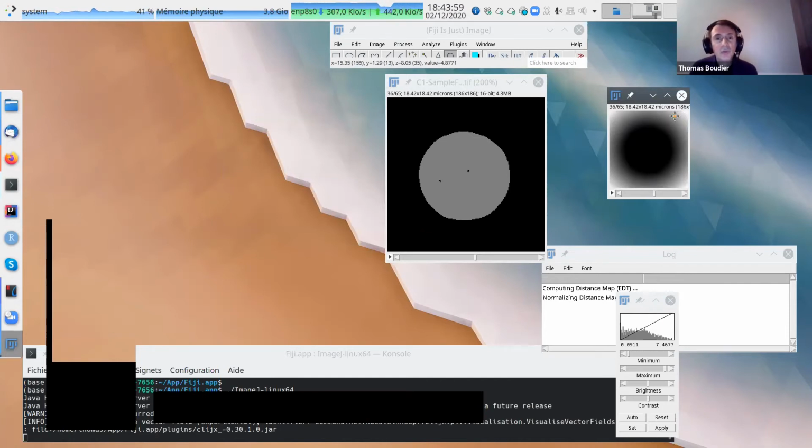So the value of the pixel is the distance to the border, but for all the pixels outside. If you have a spot outside, and you have your tube, and you want to compute the distance from one spot to the tube, you can use your tube, compute the distance outside, and then for any pixel, you have the position. You do some intensity quantification, and you have the distance to the tube.